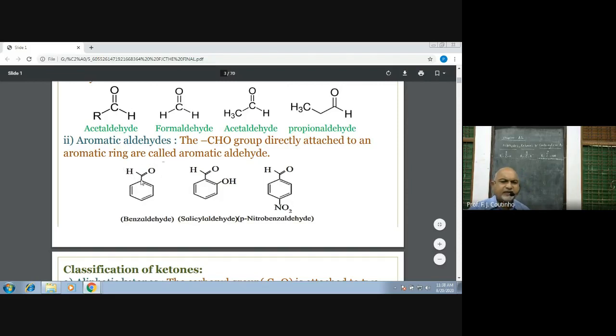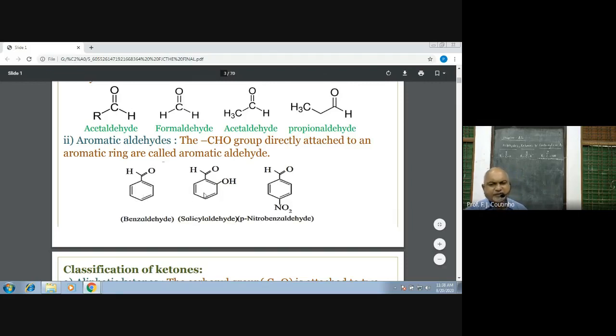What is this carbonyl linkage? Hydrogen, carbon, and oxygen. The divalent oxygen is attached to this carbon, and here there is hydrogen. The fourth valence is linked to the benzene ring. And that's why we call this compound benzaldehyde. So an aldehyde linked with benzene is known as benzaldehyde.